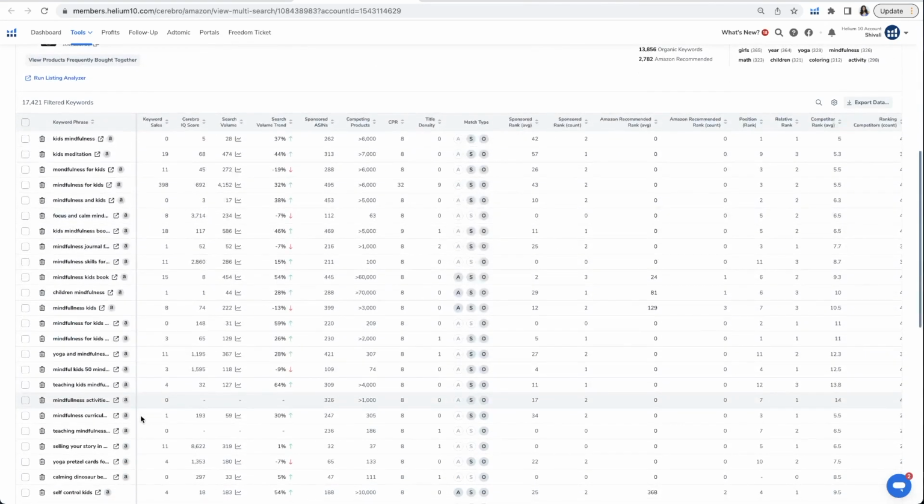First, let me scroll down and just show you some of the information you're given. Yes, we have 17,421 filtered keywords without actually inputting any parameters. You'll also see keyword sales. So how many sales are being made by these books for these keyword phrases? We have the Cerebro IQ score, which is the ratio between search volume and competing products, how that search volume has changed via search volume trend, your sponsored ASINs, number of competing products, your CPR number, which is how many products do you have to give away over 8 days to actually rank on the top half of page 1